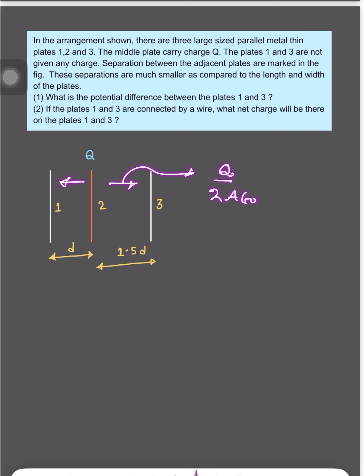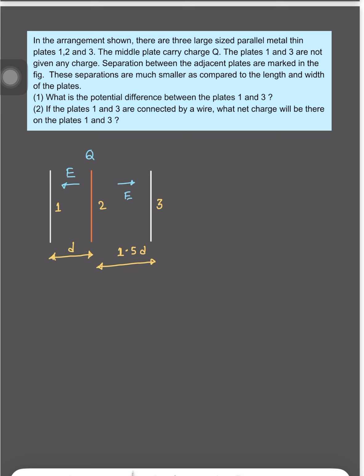As we know, if we have large size metal plates, say of area A, carrying charge Q, then on both sides of the plate there will be field whose expression will be Q upon 2 epsilon naught, and this field will be directed perpendicular to this plate. It will be directed away if it is positive, directed towards the plate if it is negative. So here we can expect that there will be electric field, say E, and same magnitude on both sides, but